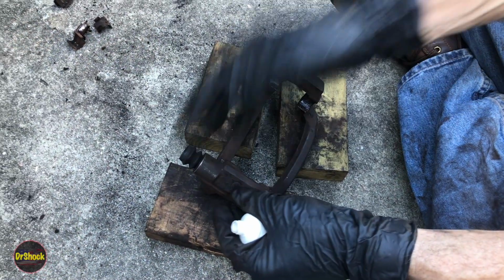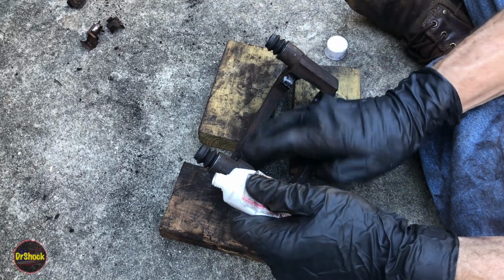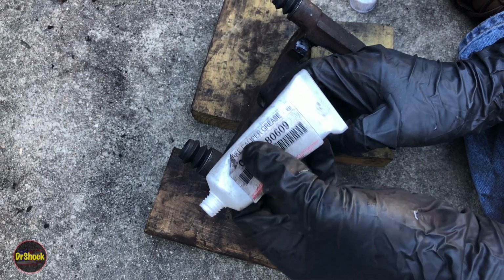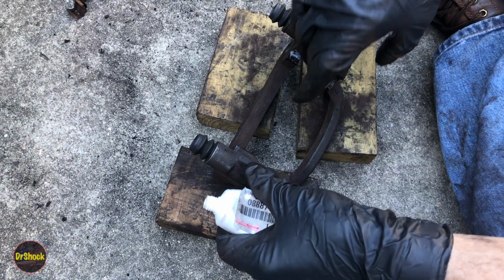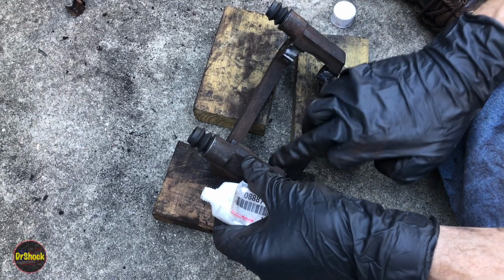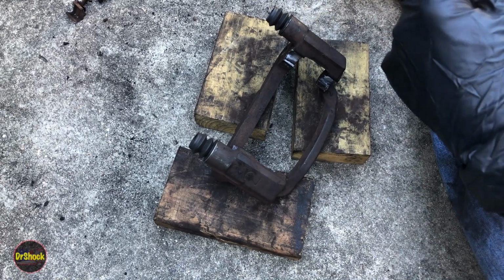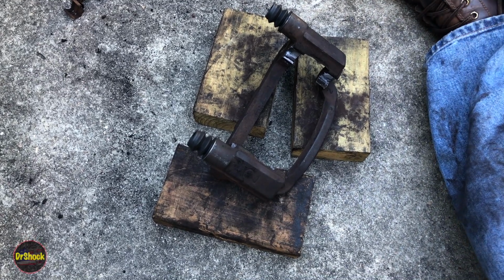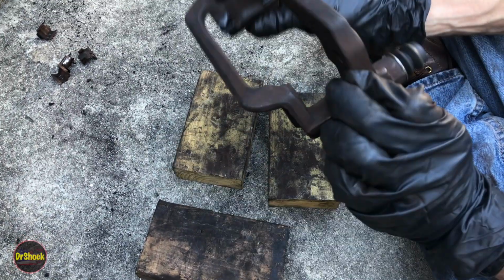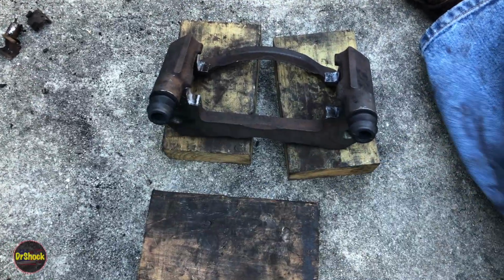Alright guys, we went ahead and put our second boot in, and we're in the process of getting our caliper grease. That's our 08887 80609 grease that I showed you on the technical service bulletin and the service manual. And we're just coating up inside of this bracket where we're going to end up putting these support pads, right? So we want to get it kind of like that, top and bottom. And then we're going to come in here, and the way these are going to go,